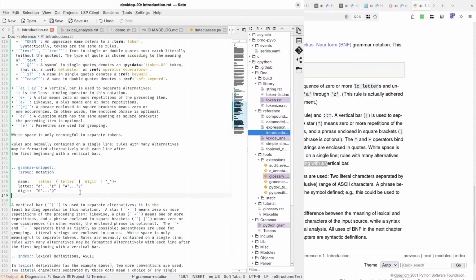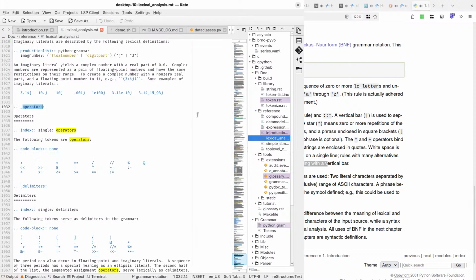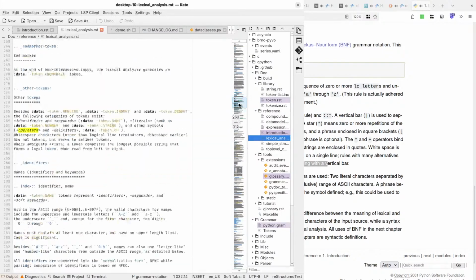So let's give an example of this rule. I probably want to use something from lexical analysis.